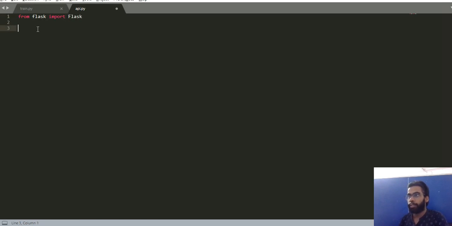Okay. Now basically Flask has a concept of apps. So I'll declare my app here. This app is basically my API. So this will be Flask, and it will have a name.